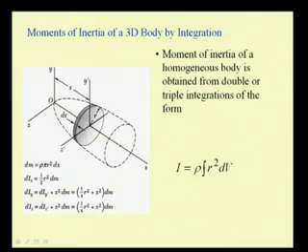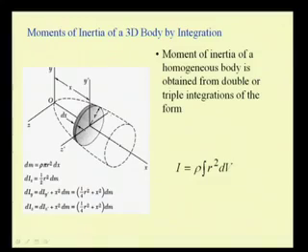So, it is possible to constitute a thin disk as the elemental volume for the integration. So, we can consider the mass of this thin plate and the second moment of this small disk element, and then integrate the same in order to obtain the second moment of the mass of this complete object with respect